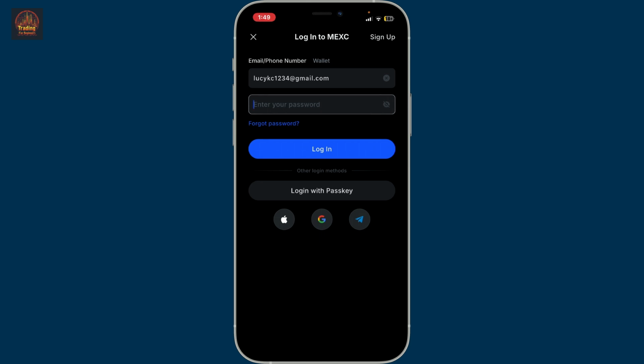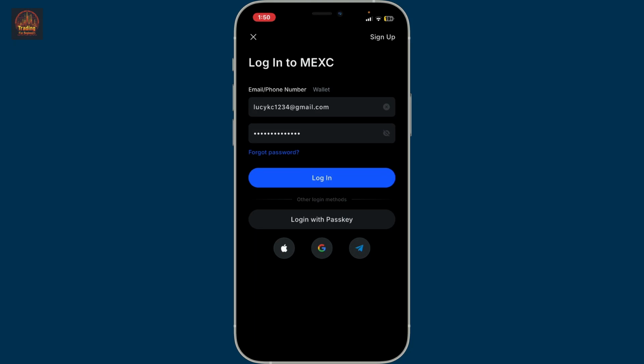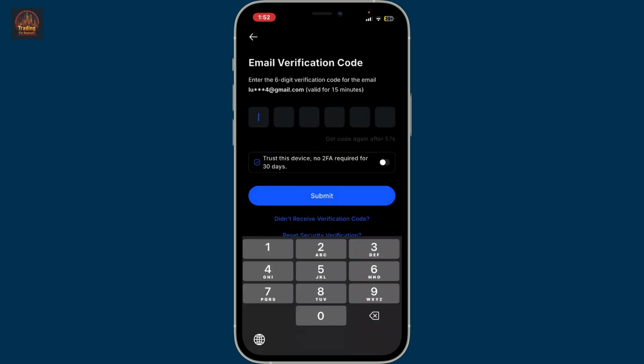Go ahead and type in your password correctly in the text box. If you don't remember your password, click on the Forgot Password link and follow through the reset process. After typing your password and clicking on Login, on the next page you'll need to go ahead and enter